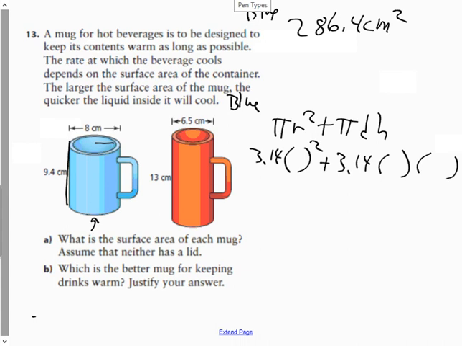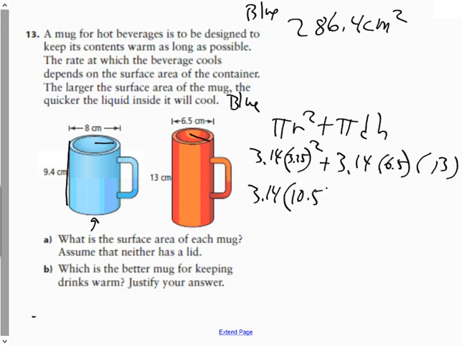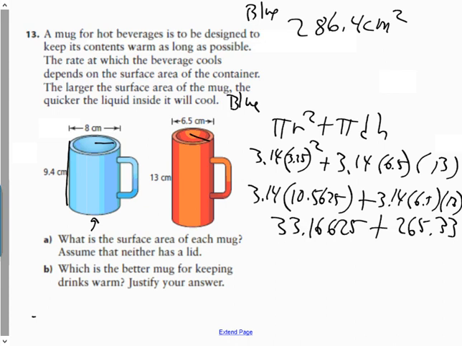So in the second one, our radius is half of 6.5, which is 3.25. So I'm going to put 3.25 there. Our diameter is 6.5, so that goes there. And our height is 13. So we're going to go 3.14 multiplied by 3.25 squared. 3.25 squared is equal to 10.5625. Plus, and when we do the multiplication, our last step is to add those together, and when we do so, that's our answer, which is approximately, for the red,